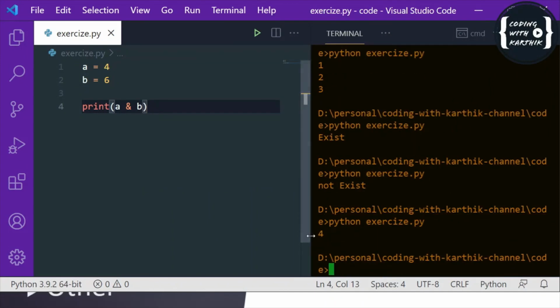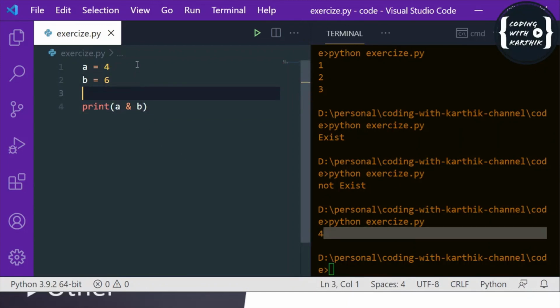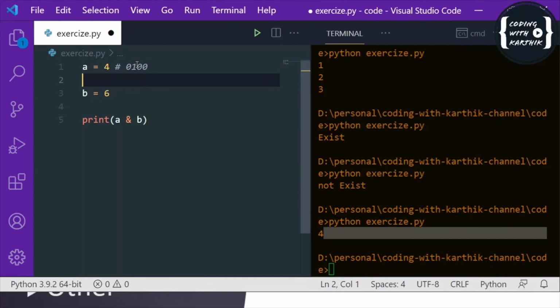Yeah. So you can see it is 4, right? Why is this happening? Here for A, the binary format for the value 4 is 0 1 0 0, something like this. And for 6 it is something like 0 1 1 0.